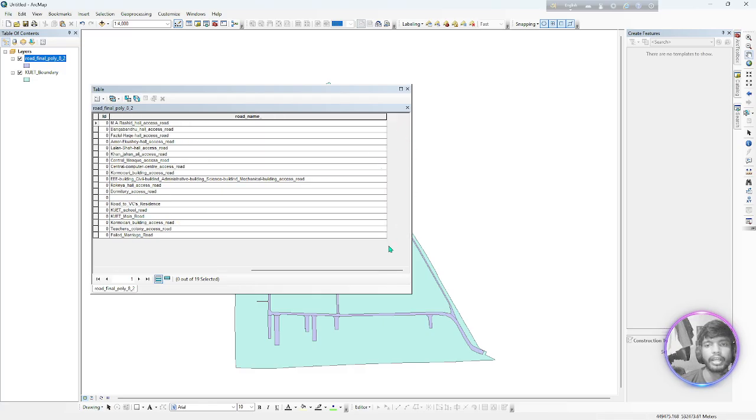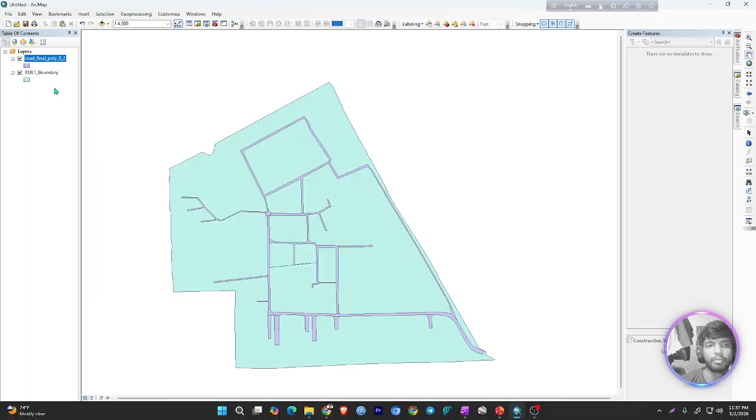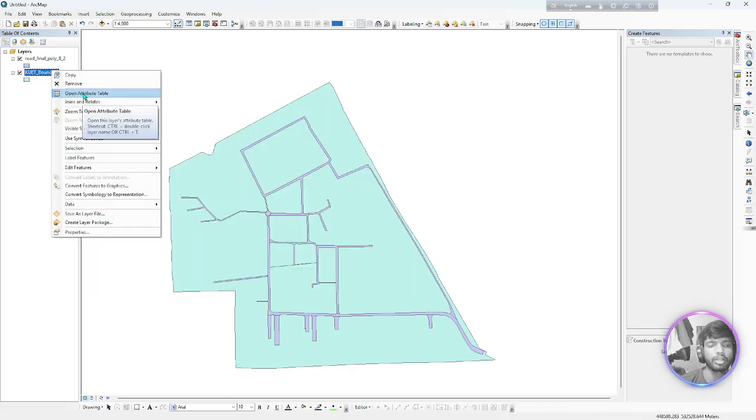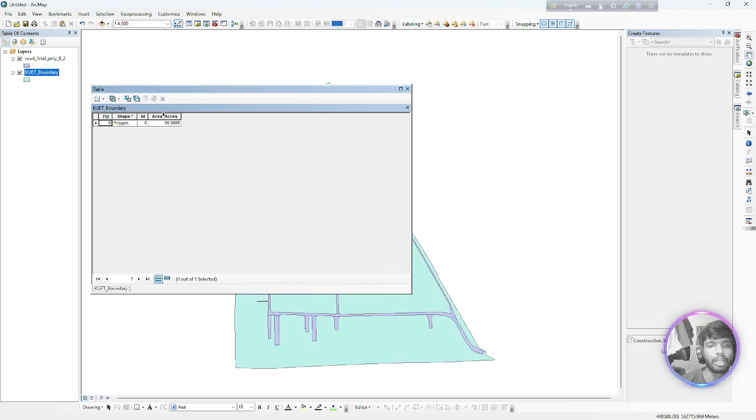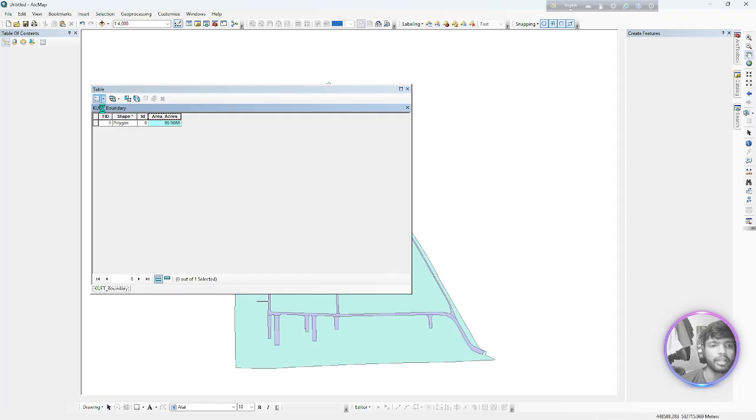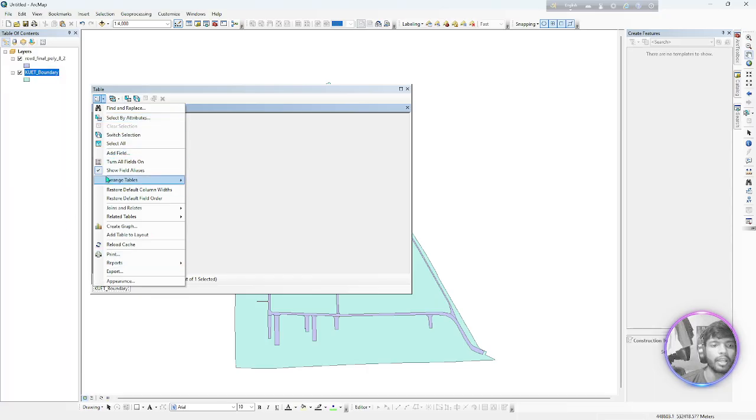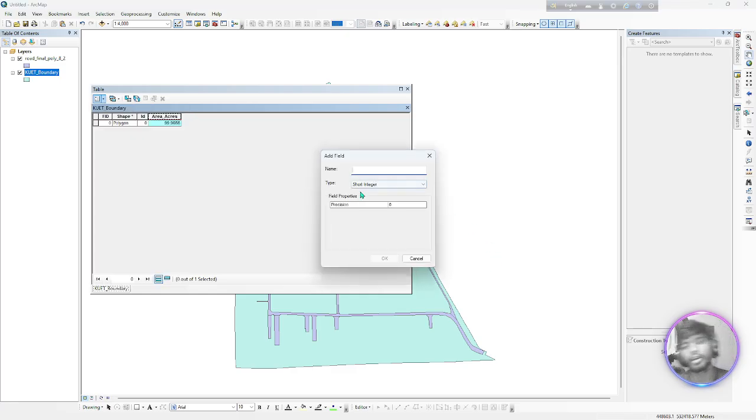Now if I want to add any field for this, let's see, I am opening this attribute table, that will be better for your understanding. Here if I want to add any column, this is called a field, and to add any column I just have to click here, then click add field. When I click add field, there is an area, but I again said I want to add an area in